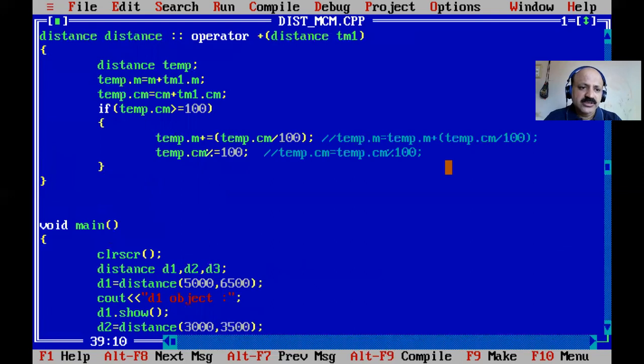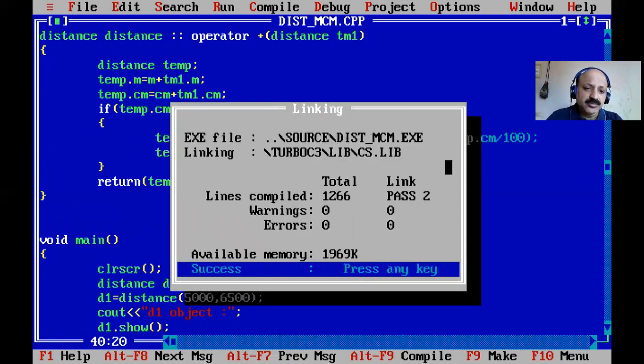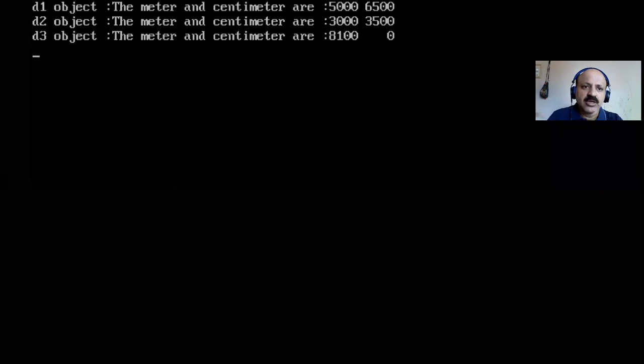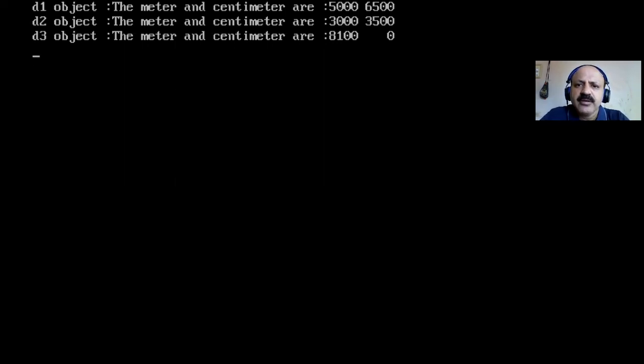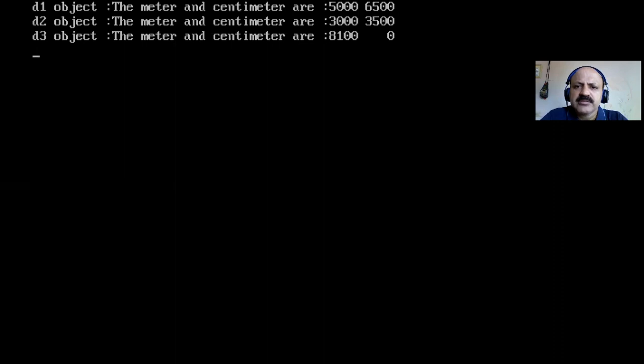So here one statement is remaining, and that is return object temp. Then our sum is given to the D3 object, distance 3. Then we can print here. Okay. So now yes, all is well. So 8, and then 5 plus 3, 8,000, and here is 9, and yes, that is a 10, and divide by 100 meter, all are zeros also. 8,100, that is what it gives.